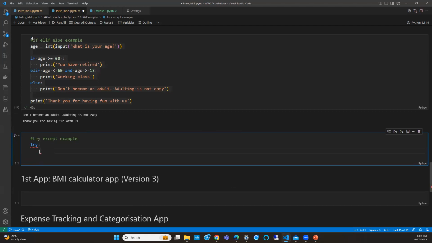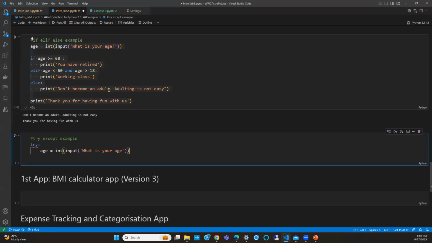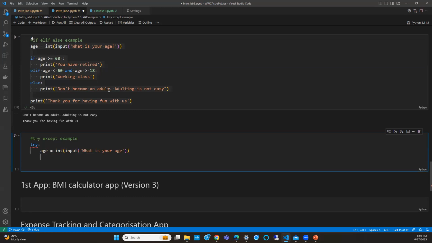Okay, so let's see, try: age equal to int of input, "What is your age?"